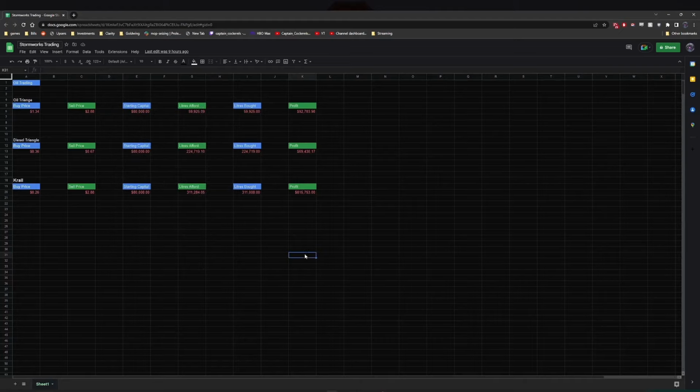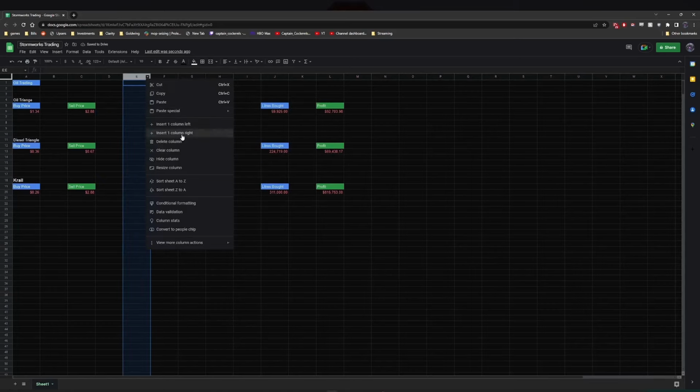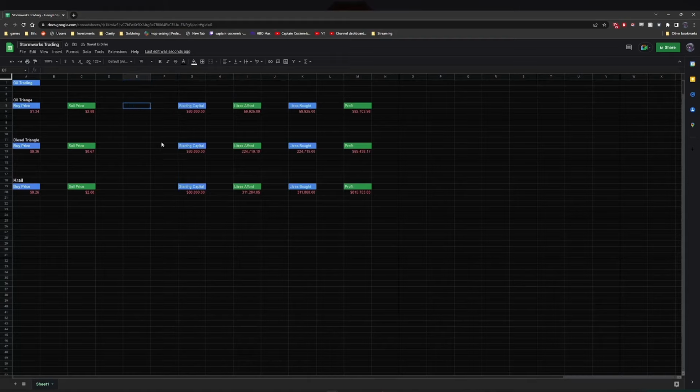Where's insert column? Okay, I'll just cut it. Let me go like this. Insert column to the right. Okay, and so let's go ahead and put profit margin here. All right, and so this is pretty simple. I don't know why I didn't hit enter there. All right, I'm screwing my formulas up again. As you can see, I don't do spreadsheets a lot. Okay, and then so this will be